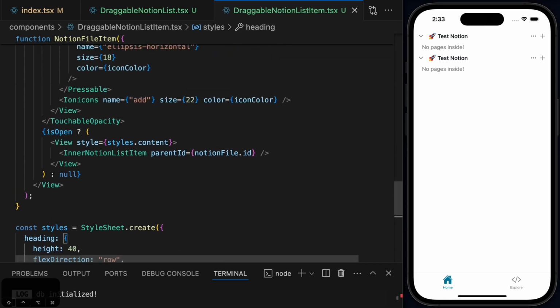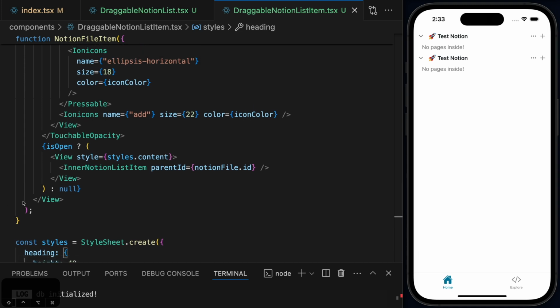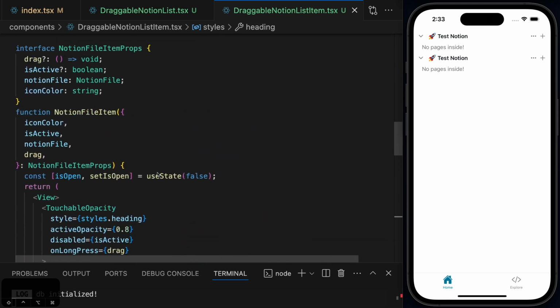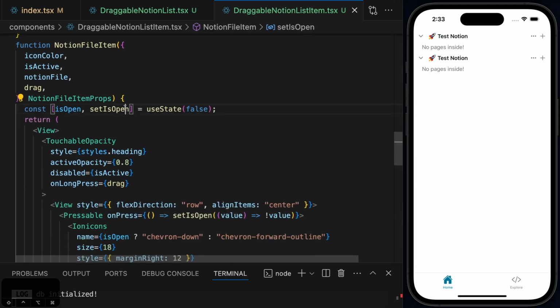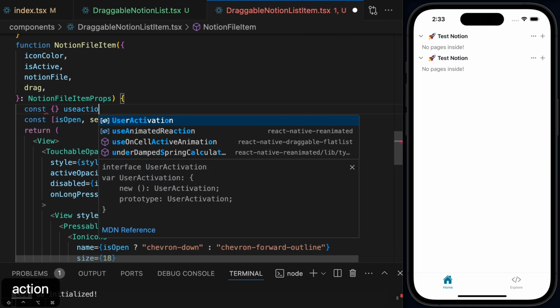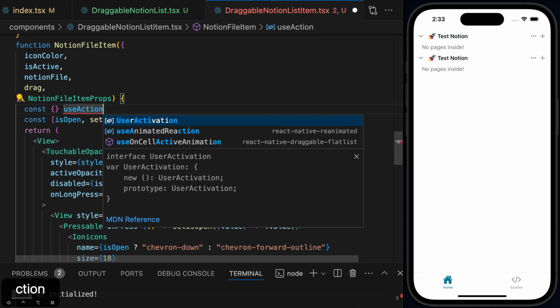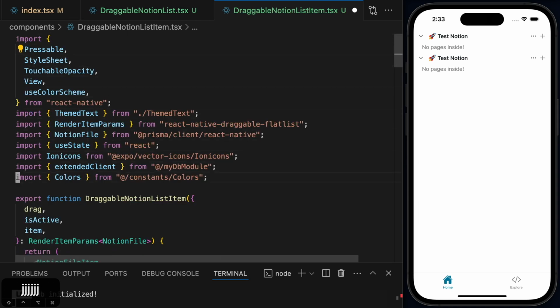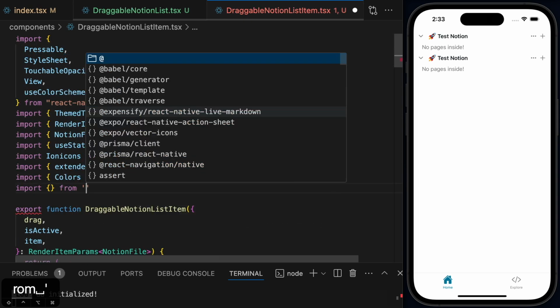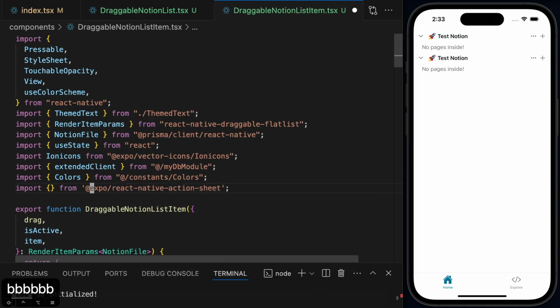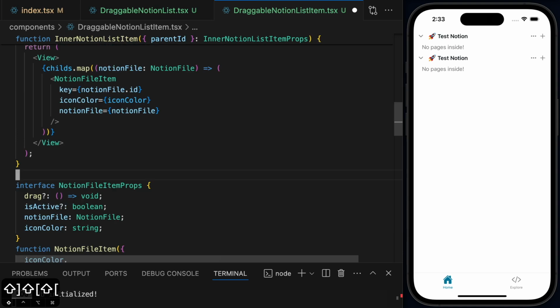So that's working fine. I think this is pretty clean. This is pretty cool. Now let's use these buttons that are not doing anything so far. So for the ellipsis horizontal, I'll be using my action sheet with options. So let's go up here in this Notion file item. Okay, and let's use the use action sheet. Okay, so I think I need to come up here. Action sheets. Okay, and from here, I will import my use action sheet hook. Okay, let's go back to my component